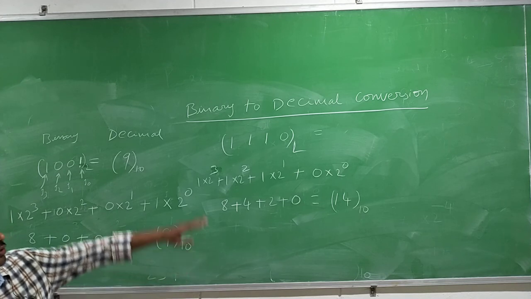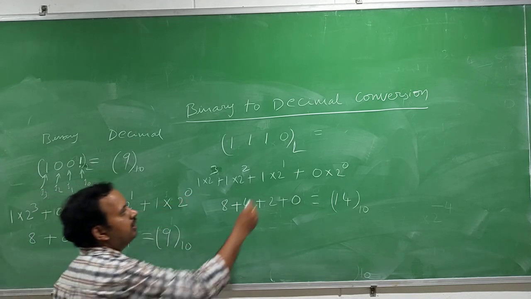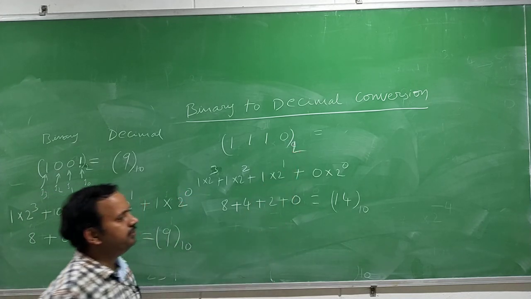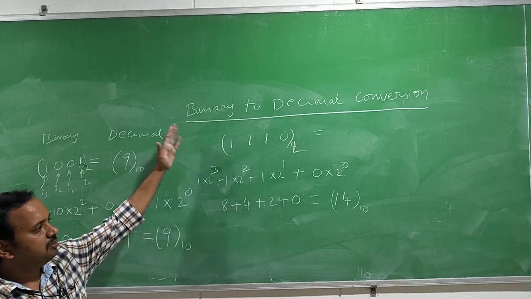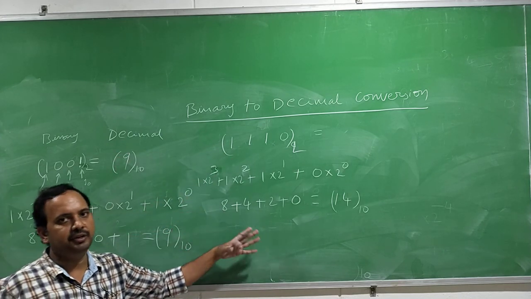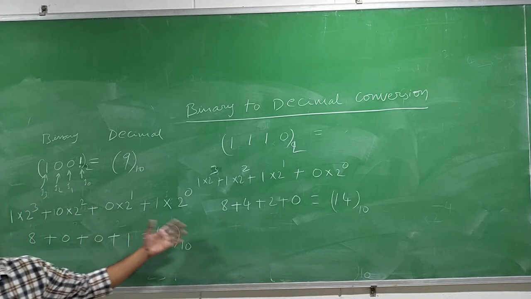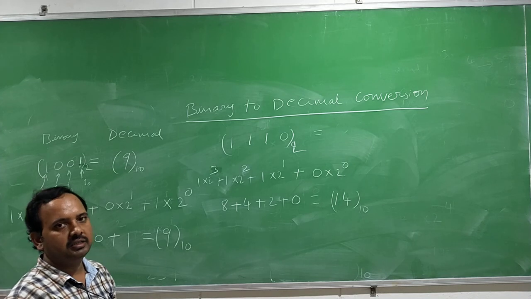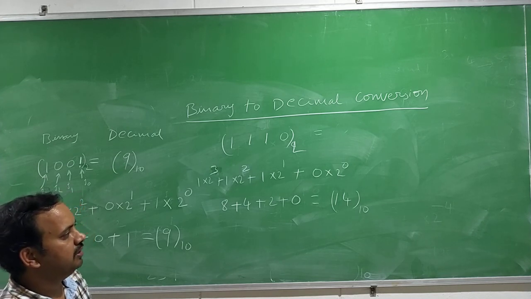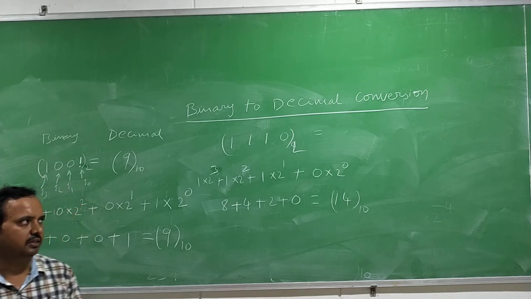That is why I told you to make a table. Okay. Up to 15, you can make a table of binary equivalents and decimal equivalents. Then it is very easy in further classes to get the equivalences of binary and decimal. That is very much necessary for us also. Okay.